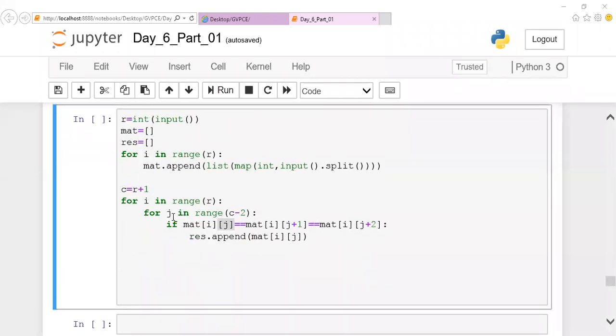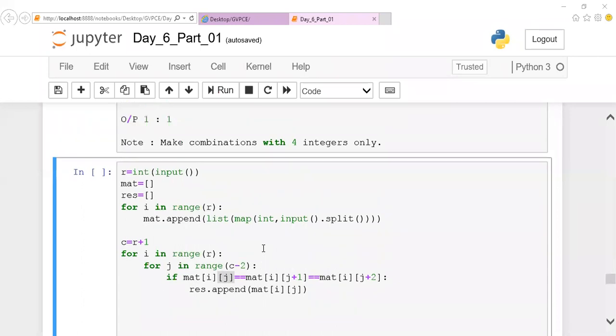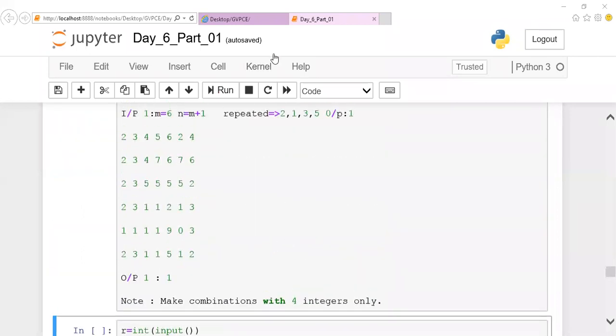The same set of conditions has to be repeated. And at the end, you're supposed to take the minimum value. I guess you people could remember the question. You're going to accept only the m value from the user, and you're supposed to take the consecutive value which is repeated a minimum of 3 times.